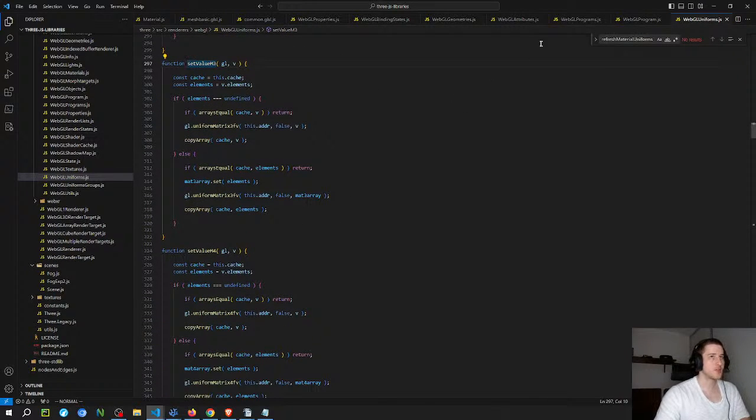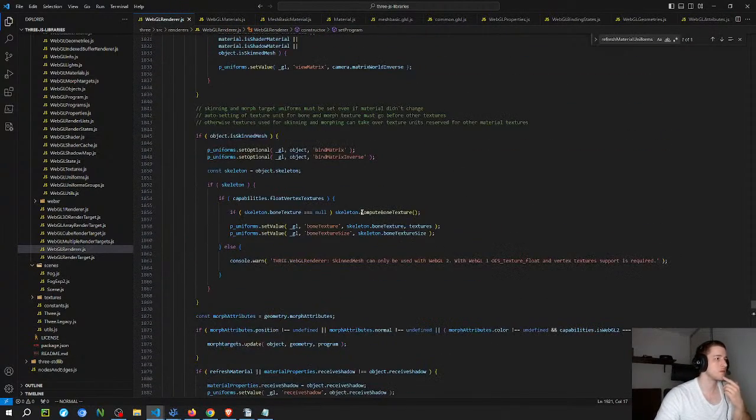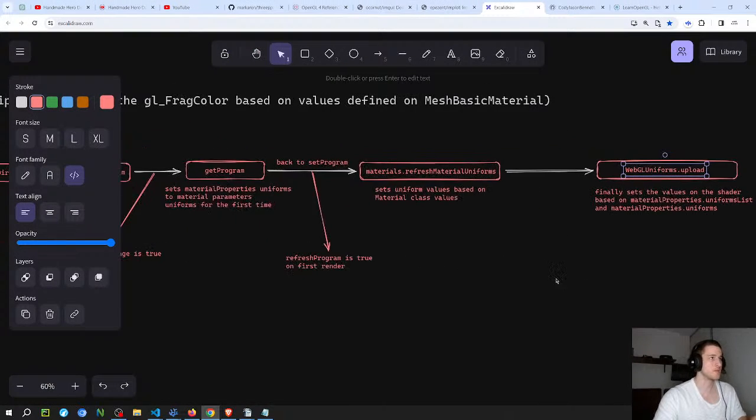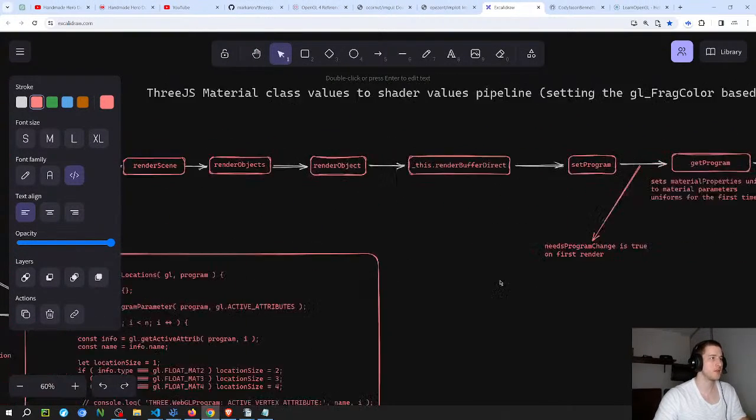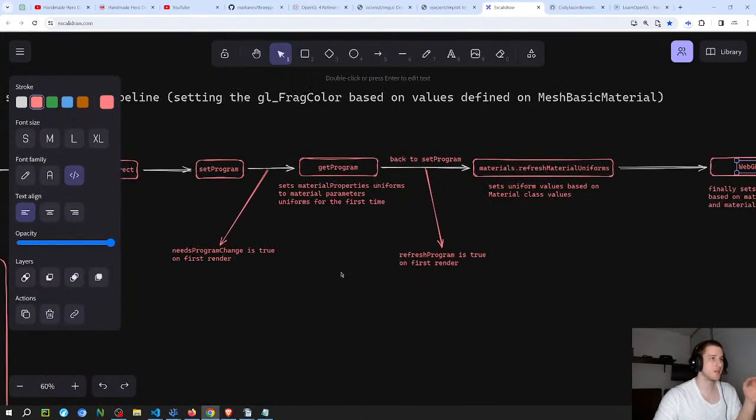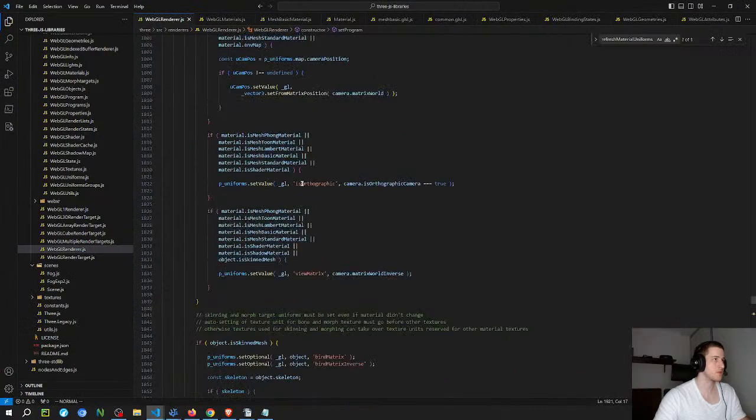So let me go back to the programs to explain. Yeah, so I think this is the whole thing as far as the uniform variables that I wanted to explain. So the main thing to understand is that it's going to call get program in the first time that it renders. Then on this one, it's going to set the material properties to be equal to the material parameters. So maybe I should show this now. So